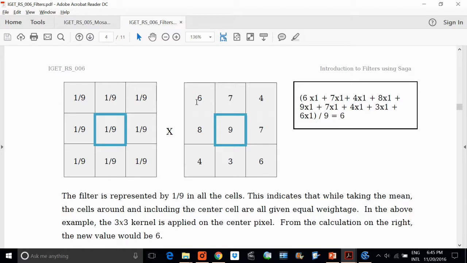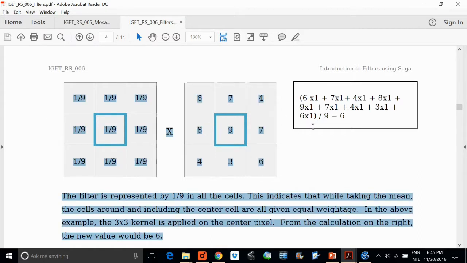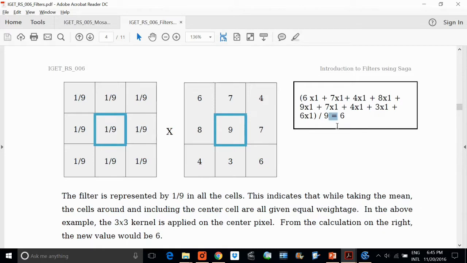So what we are trying to do is 6 into 1 by 9. So we have taken common 9. So 6 into 1 plus 7 into 1 plus 4 into 1 plus 8 into 1, and likewise till 6 into 1. We add them and just divide them by 9.